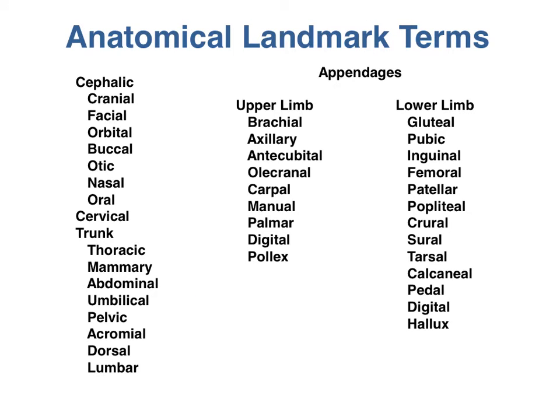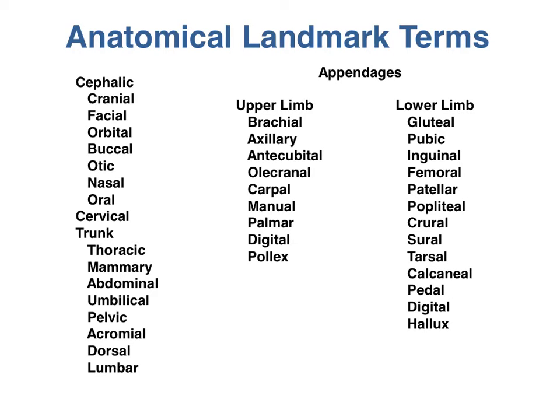This is a list of the precise technical terms used to identify various landmarks on the body. I'm not going to go over what each and every term means because there are tons of figures and exercises in your textbook and your lab manual to address that. But they're generally broken down into the head and regions on the head, the neck, the trunk and regions on the trunk. That's the central portion of your body, the part of your body that your limbs are attached to. The upper limbs, your arms, and regions there, and the lower limbs, which are your legs, and regions there.